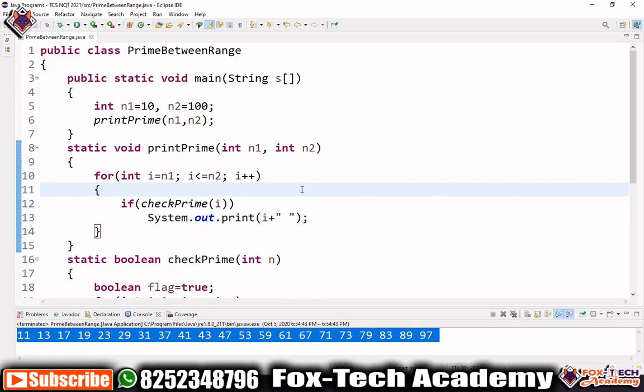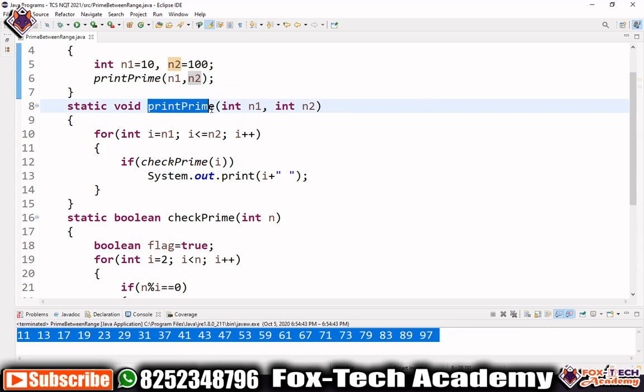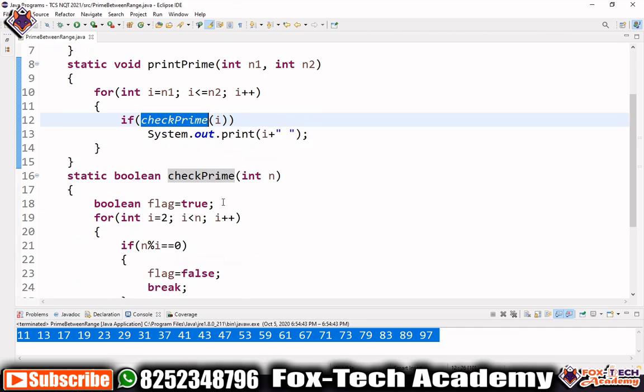Here we have created one function, printPrime, and we are sending the two range values to this function. This function starts a loop from n1 till n2, and for each i it calls the checkPrime function, which checks whether the given i is prime or not.